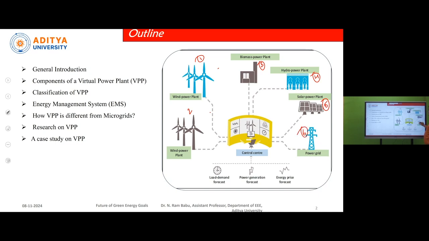Okay, and the thing we have observed in this virtual power plant is that all the energy that is developed by wind, solar, biomass, and hydro power plants is continuously monitored at the control center. That means this control center sends signals to the renewable energy sources in such a way that the maximum amount of energy can be extracted. For example, let us consider the energy from solar or wind. Let us take an example from solar. So from solar, the energy is available during daytime, but peak hours will be in the night time. So the energy is generated during daytime and it is to be utilized during night time.